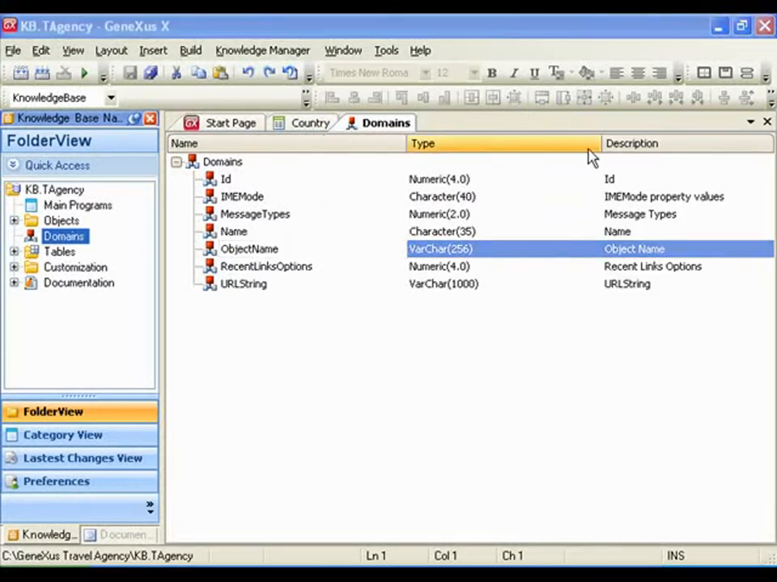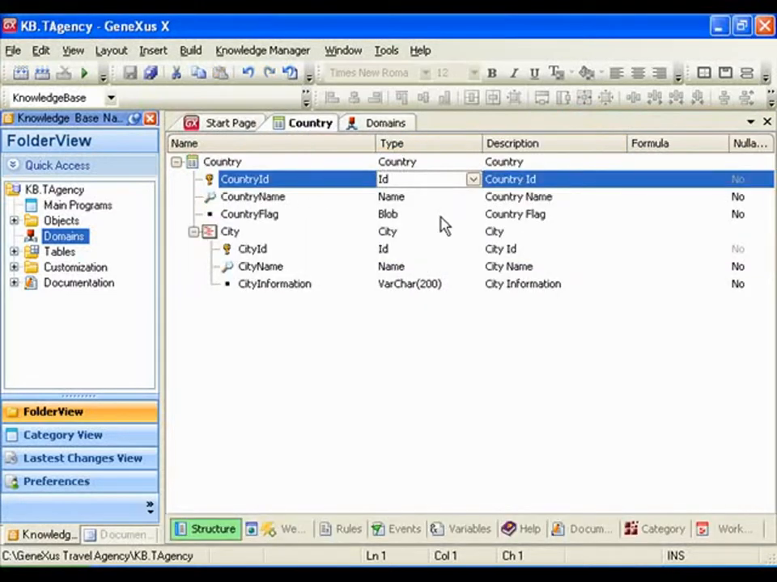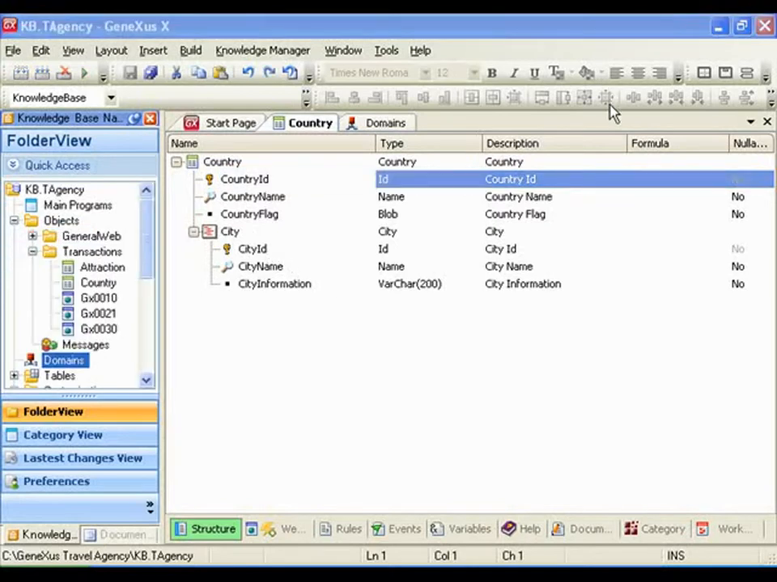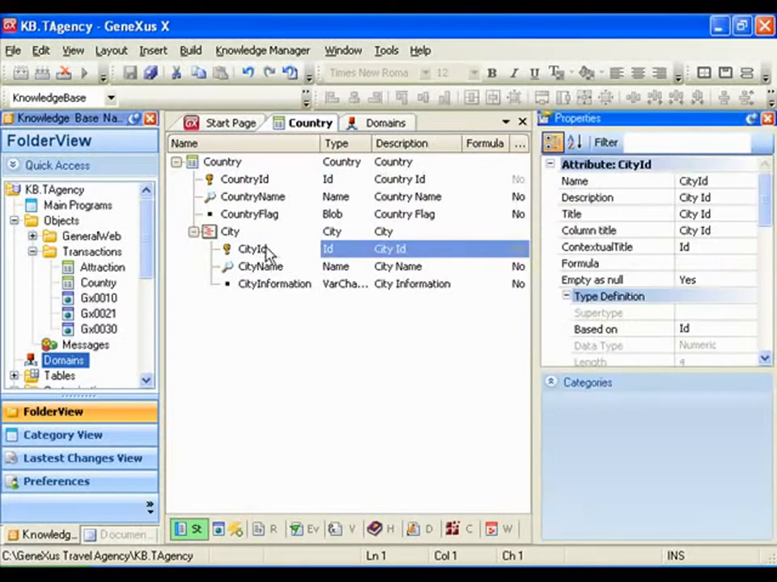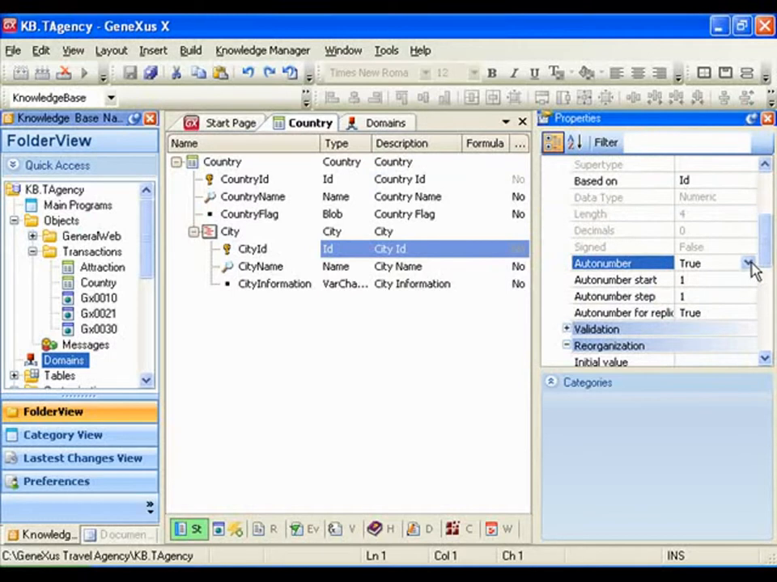Returning to the country transaction, we see that country ID is based on the ID domain and will be auto-numbered. And what about city ID? It's based on the ID domain as well, which means that it will be auto-numbered as well. But city ID is not a simple primary key. It is a primary key along with country ID in this table, which corresponds to the second level. So this auto-number property should not be set for city ID. Let's edit the properties of city ID, and we'll set its value back to false, which modifies the domain's default behavior. We save the changes,